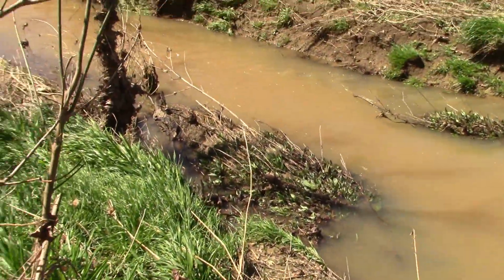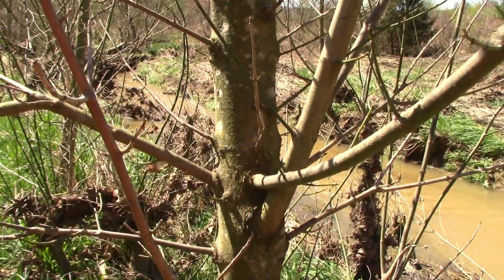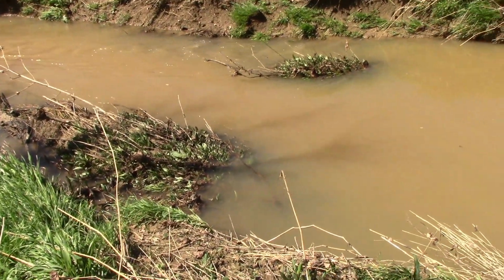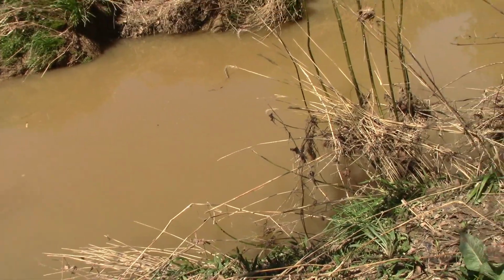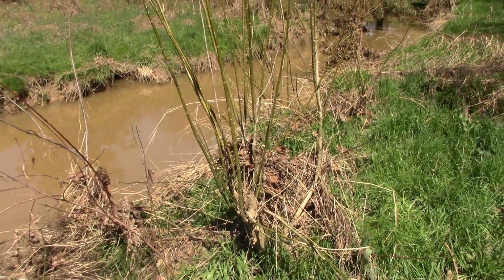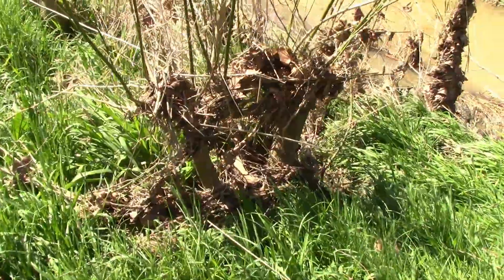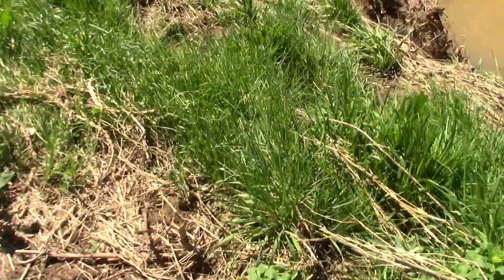This is where the creek is right now, looking down towards the bridge. But we were one of the lucky ones, and although the creek did come up and it breached its banks just a little bit, we did not flood. We're going to walk down here, and you can see it did come up. But